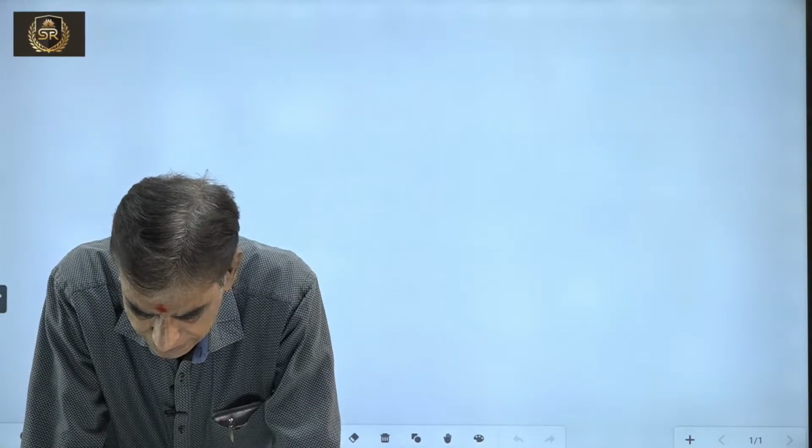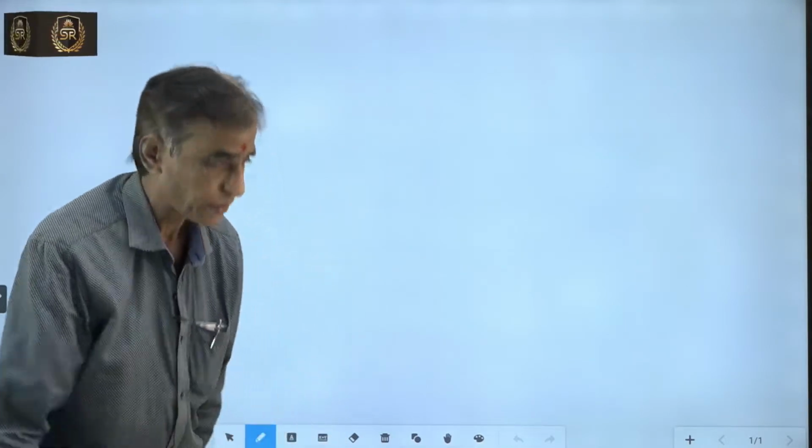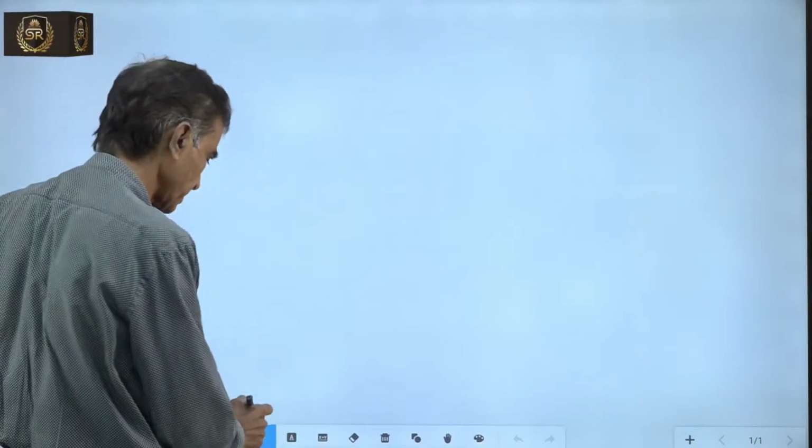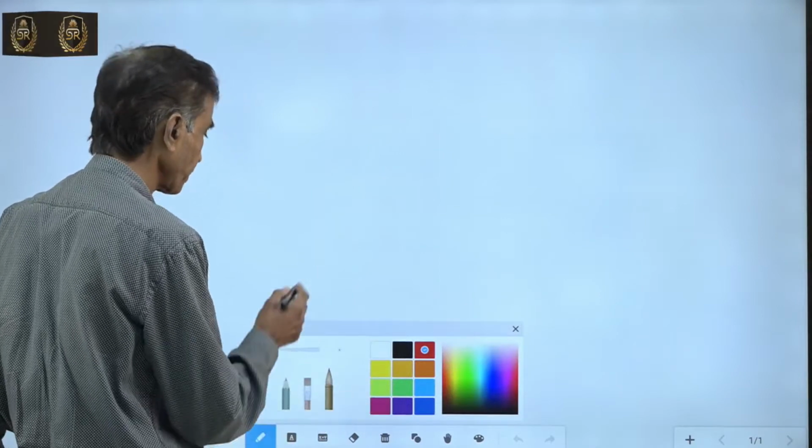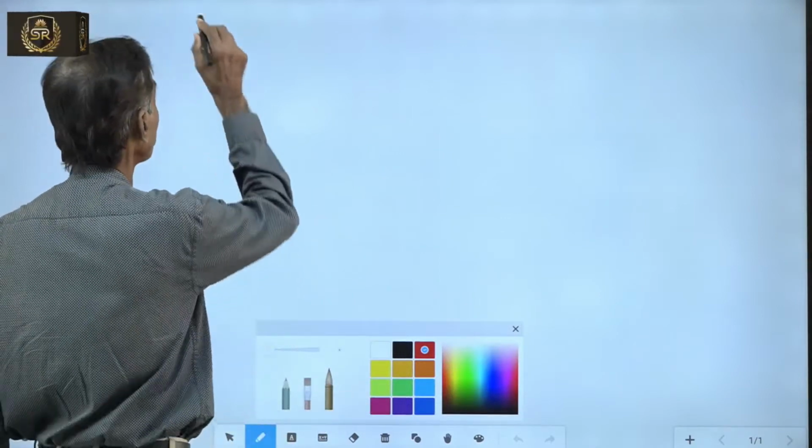A magnet is suspended at an angle of 60 degrees. Okay. So, the question is,